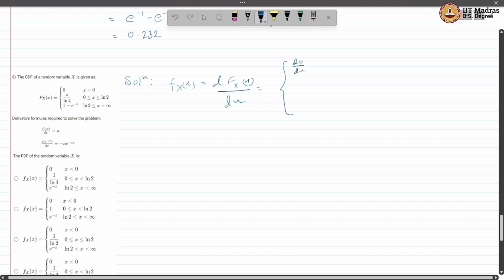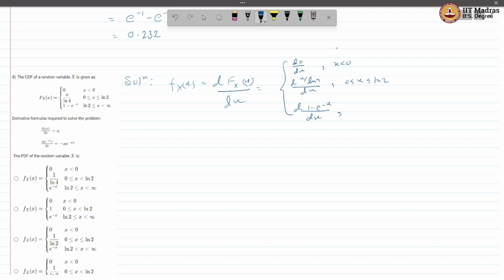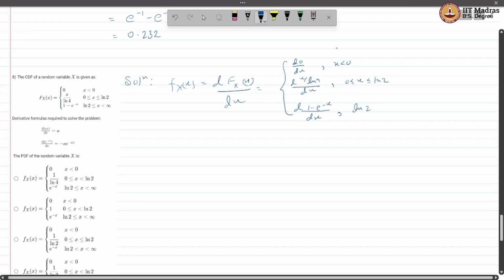differentiation of 0 with respect to x for x less than 0, differentiation of x by ln 4 with respect to x for x greater than or equal to 0 and less than or equal to ln 2, and differentiation of 1 minus e raised to the power minus x with respect to x when x is greater than or equal to ln 2 and less than infinity. So this is